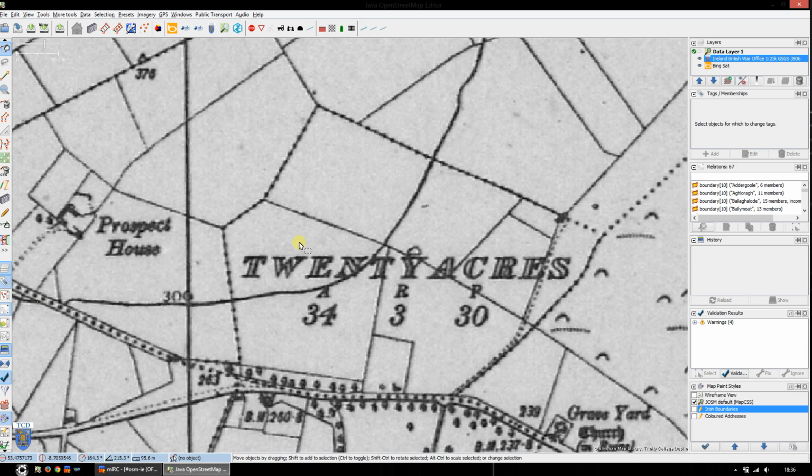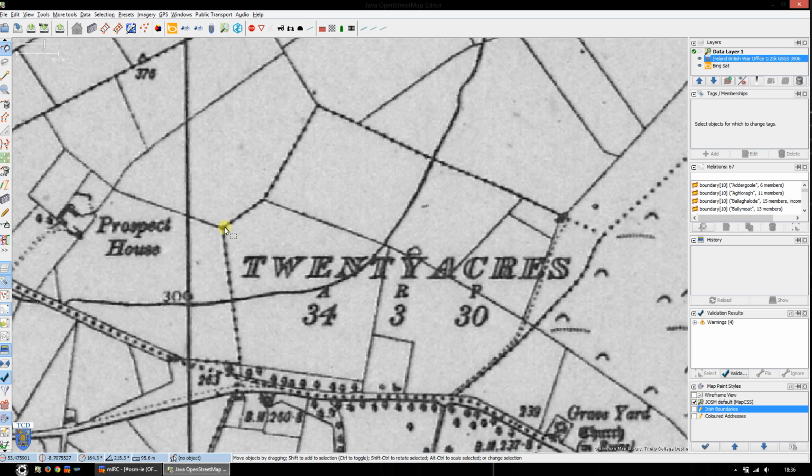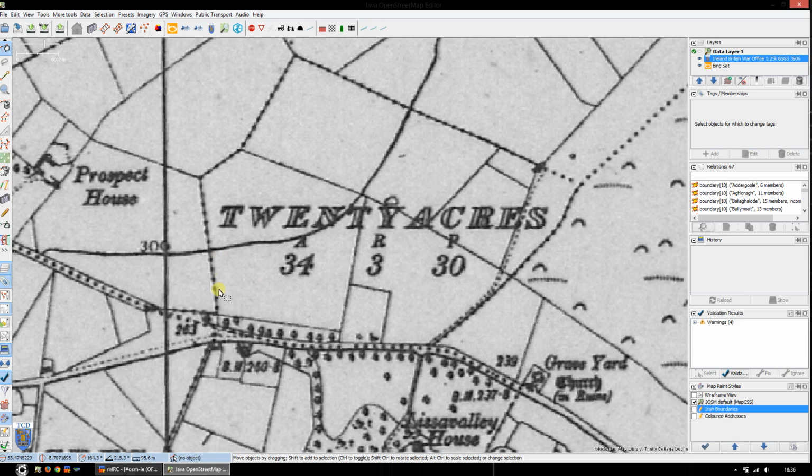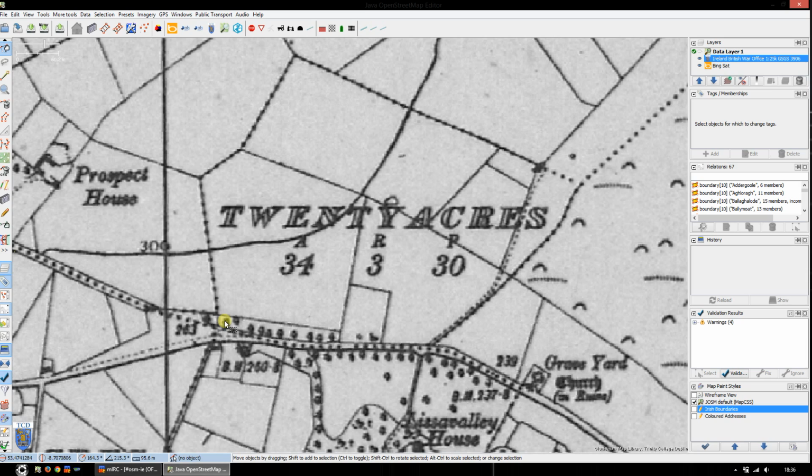So if I switch off my map sheet and just look at the imagery below, I can see this side coming down here. Again, I'm just pressing Alt and 2 to flick that map sheet off and on again, which you'll find you do quite a bit once you start mapping these, because it's easy enough to get lost when you're drawing out some of these boundaries. So I can see it'll come down here,